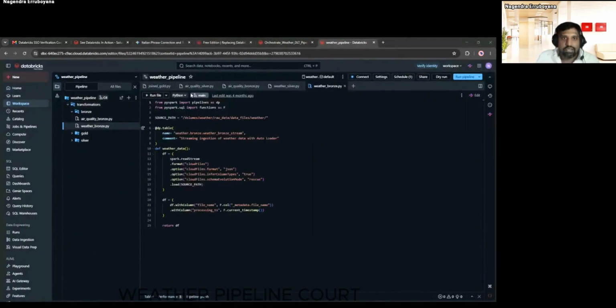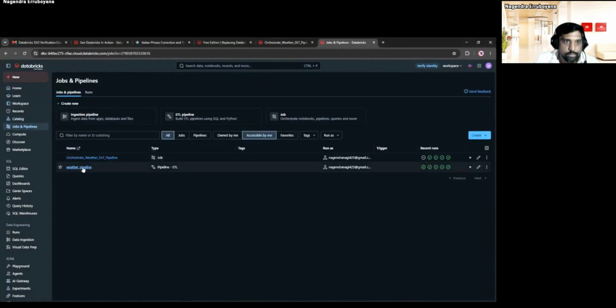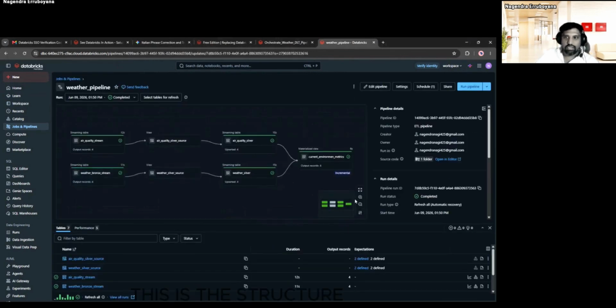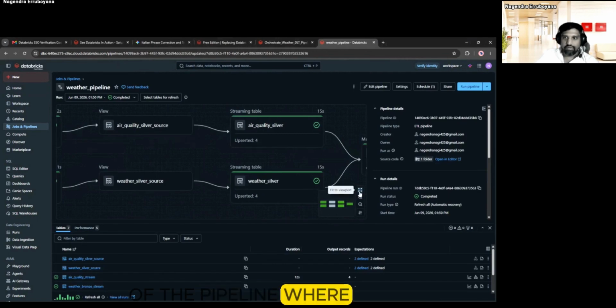So this is the weather pipeline code, and I think you can see the pipeline here. This is the structure of the pipeline.